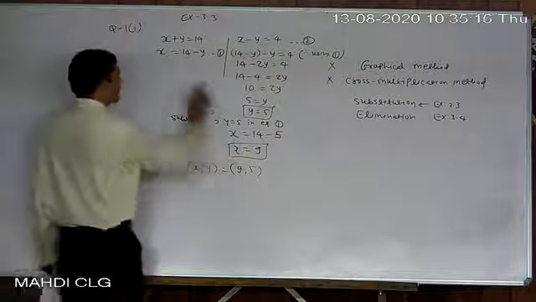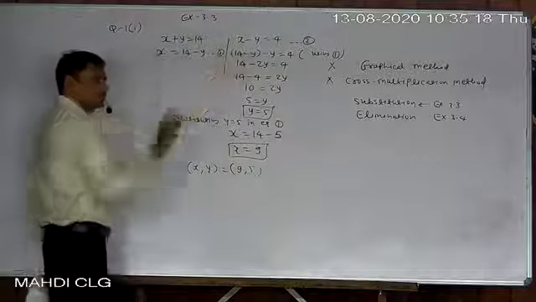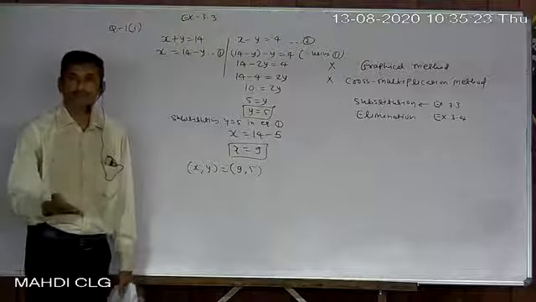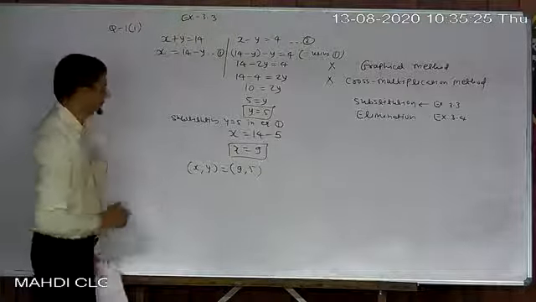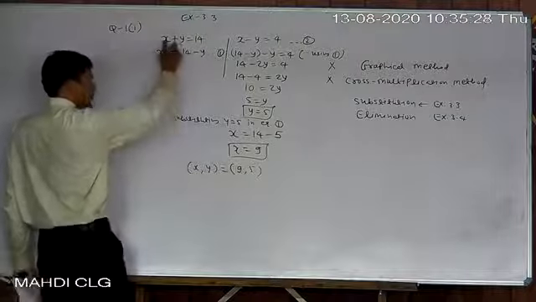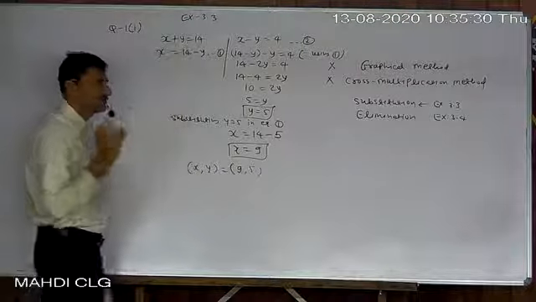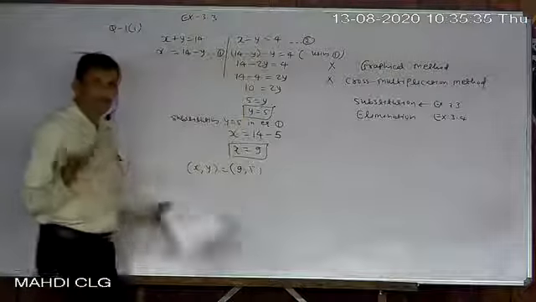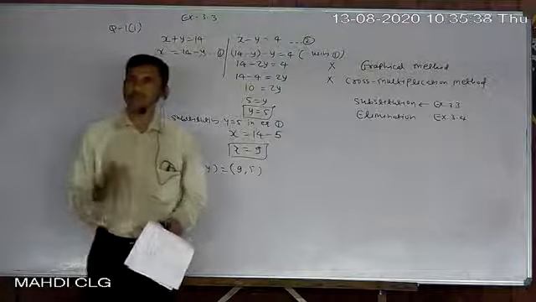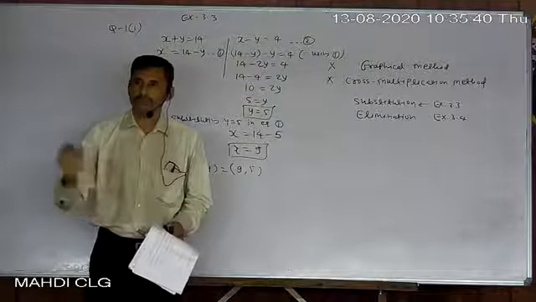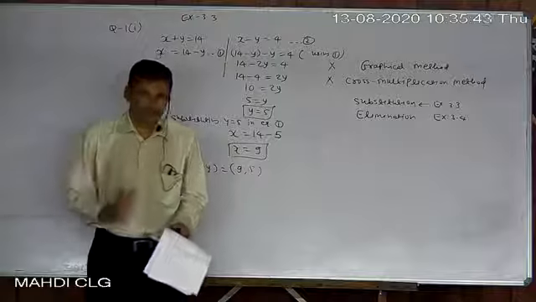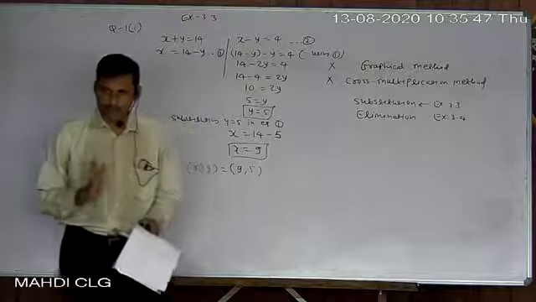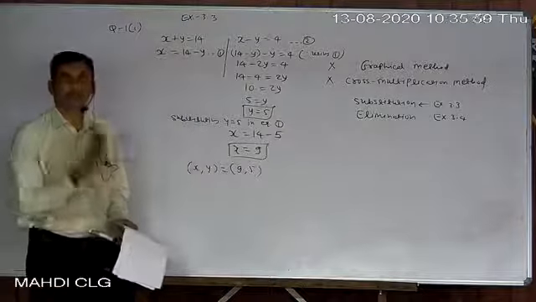Now you can verify your answer by placing the values in both equations. No need to get the answer from anywhere, you just verify the answer yourself. How? Just place both values here. So 9 plus 5, 14. So equation 1 is satisfied. Now look here also, 9 minus 5, 4. If both equations are satisfied, then obviously your answer is right. So no need to look at the answer given at the end of the textbook. You yourself verify your answer. Not necessary, but if you want, then you can.